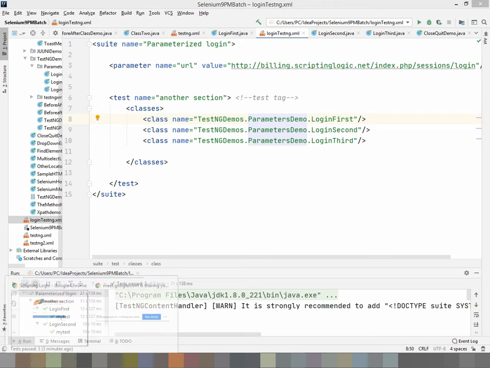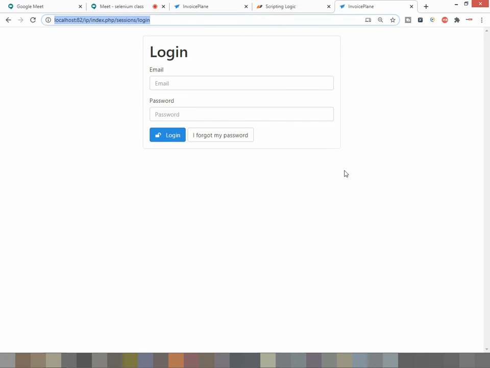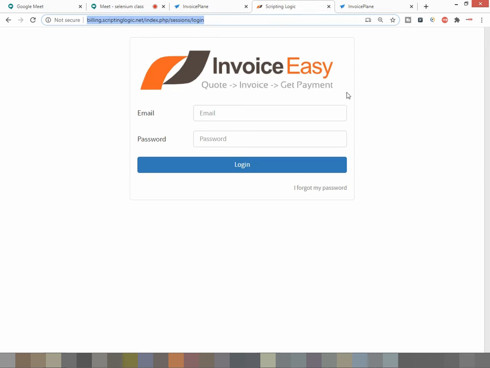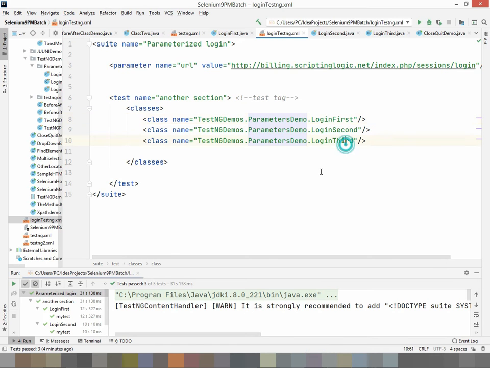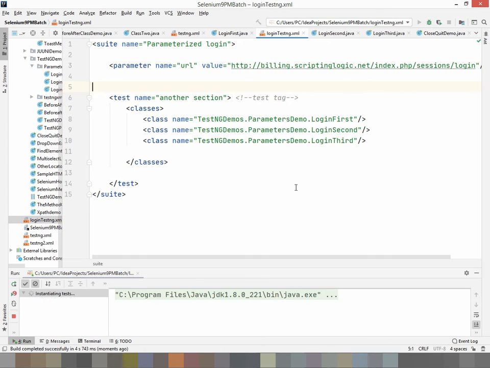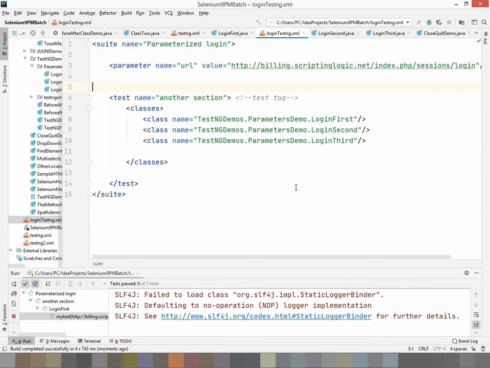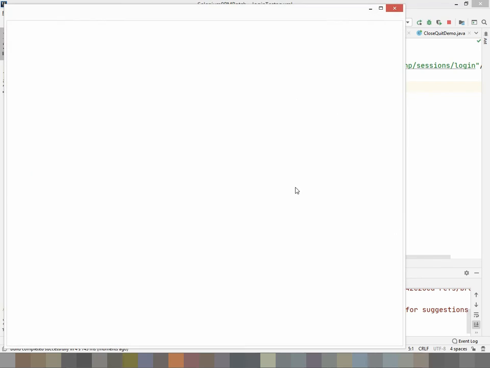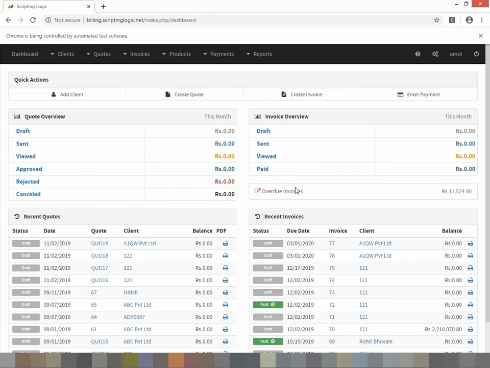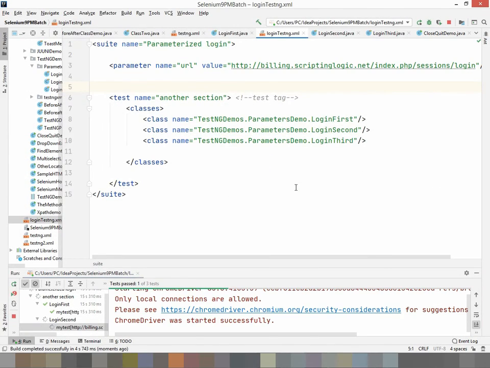Earlier this page was executed. Now we have used this URL, so every time you will see this logo, you can observe. Right click and run. You see, right?